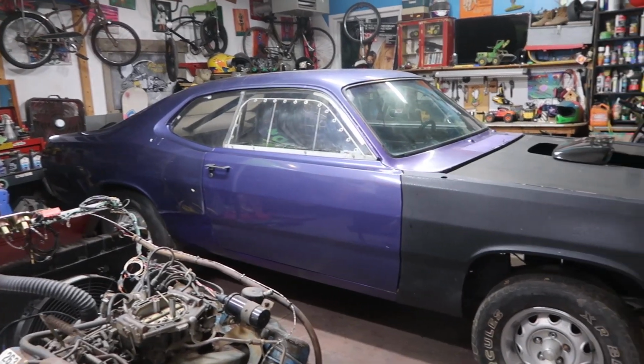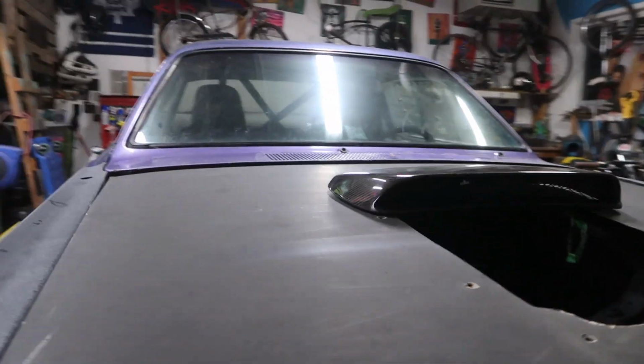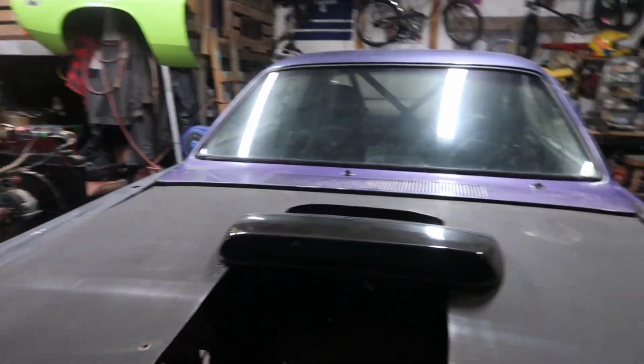Kind of works. I could weld up the hood and just keep this scoop here on here. Kind of got a bit of a 6-pack scoop vibe going to it, but it might be too small, so